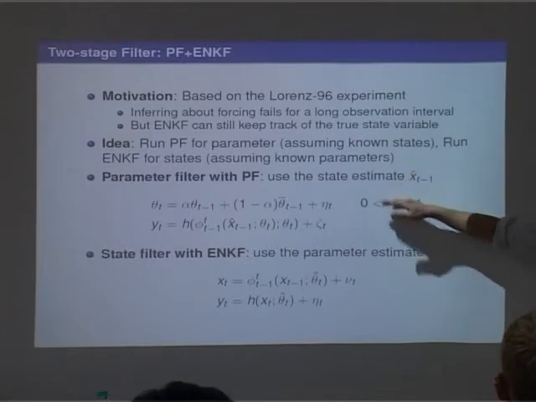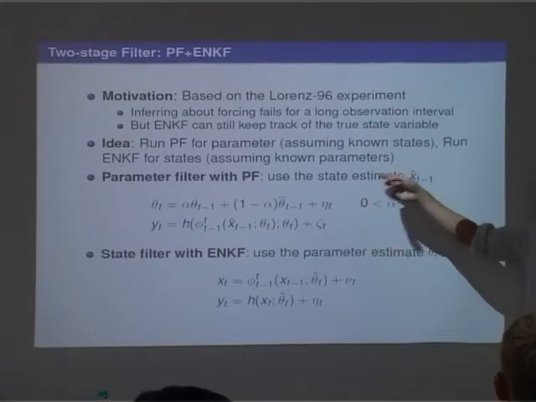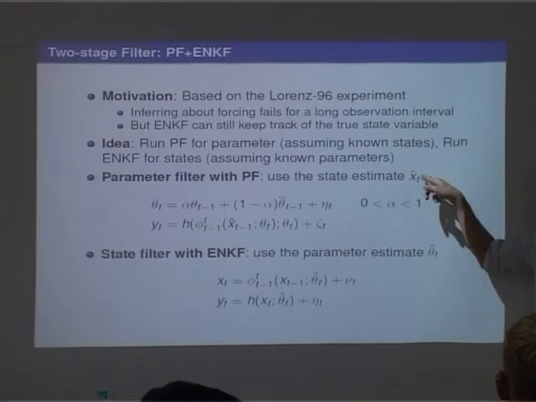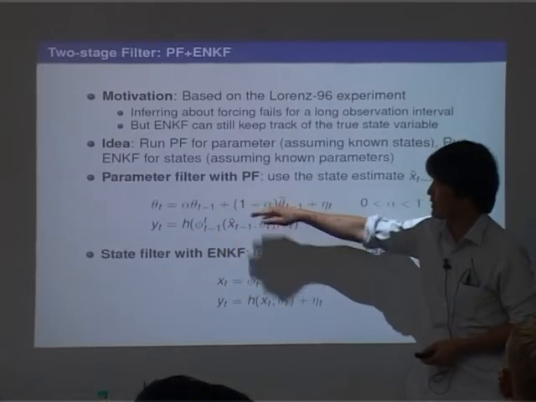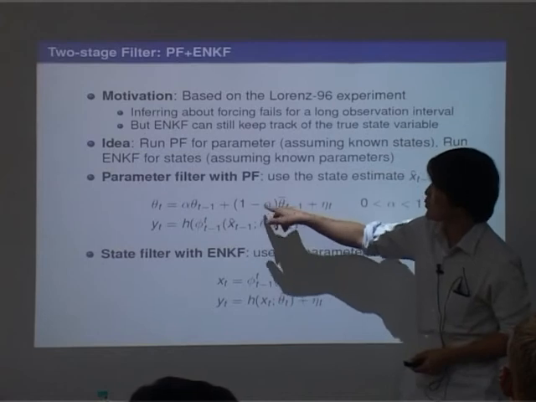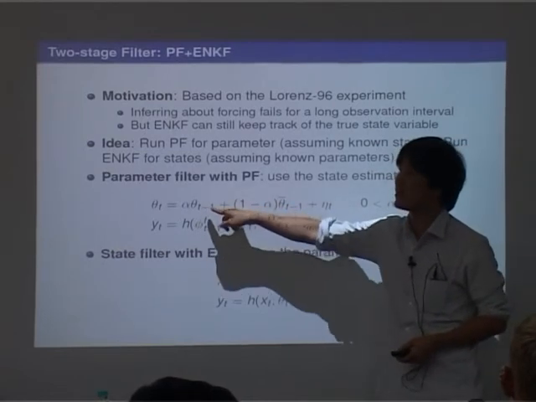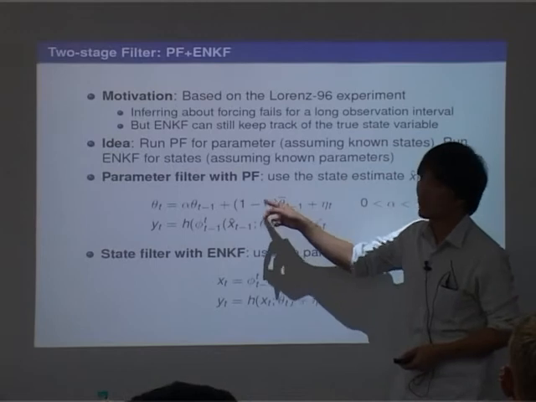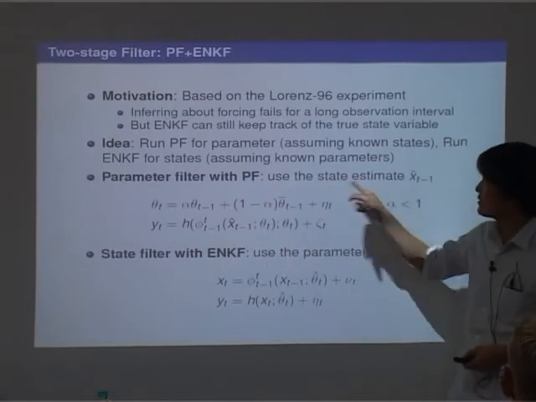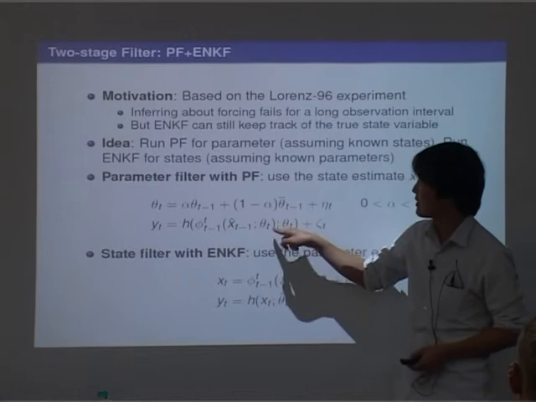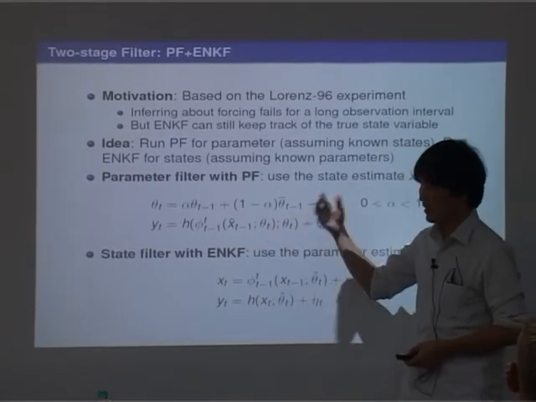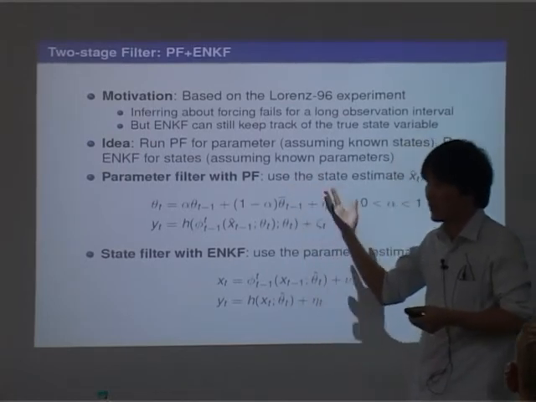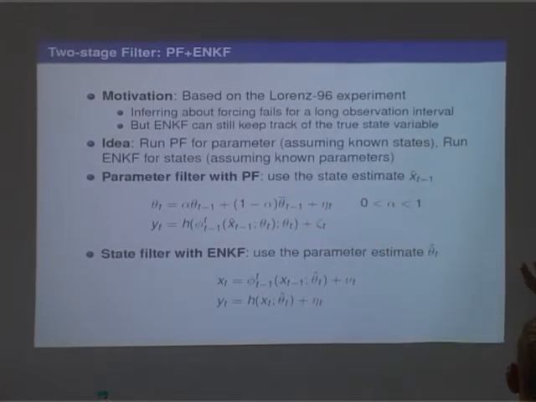Let's say now at time t, I have the state estimate from time t-1, which I denote by x hat here. Forget about this equation for a little bit. Normally, if alpha equals 1, you just get a persistent model plus noise, but alpha doesn't have to be 1. Then you plug that in, run the flow map, assumed known, with the different parameters, and you use particle filtering to update the weights, that is, to update the distribution of parameters.